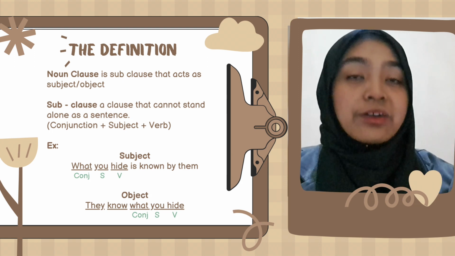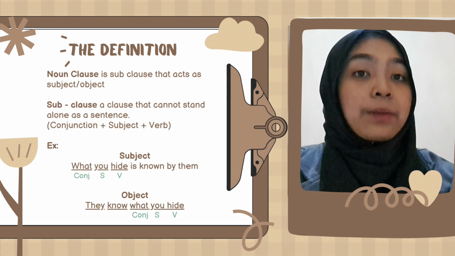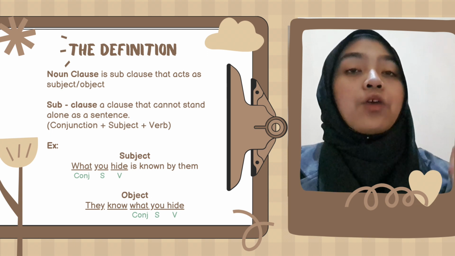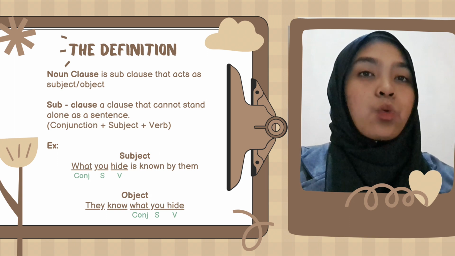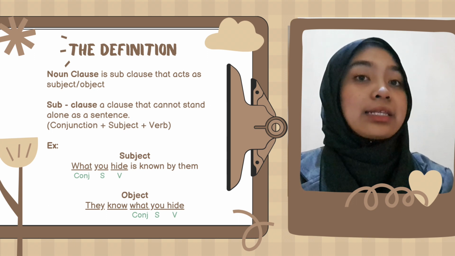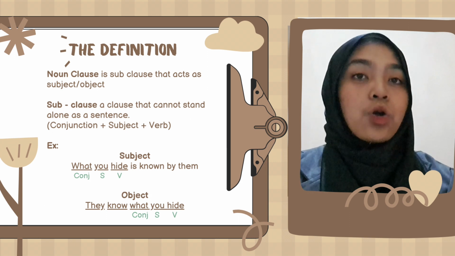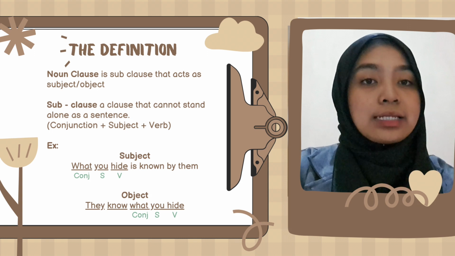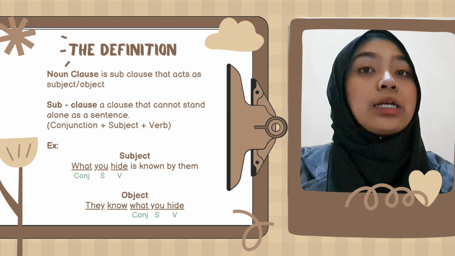To make it clear, I have examples, because a subclause can be a subject or an object. So I have two examples. First, let's start from subject. Here I have a sentence: What you hide is known by them. As you can see, you is the subject, hide is the verb, and what is the conjunction. Because it is put at the beginning of a sentence and consists of conjunction, subject, and verb,